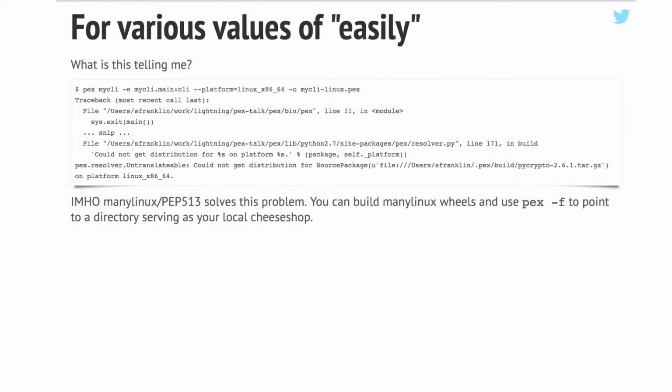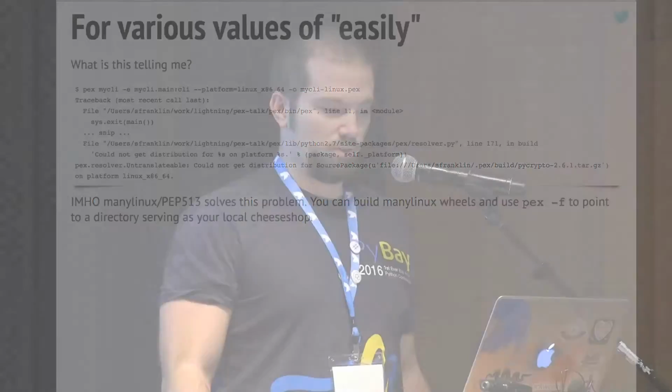So you can tell PEX, hey, I'd like to build this with the dependencies not for the platform I'm building it on, which is the default, but for some other platform. So for my laptop, I could easily cross-build. For some value of easily, what is this big error message telling me? It says at the bottom, could not get distribution for a thing on Linux x86_64. This is telling me that if